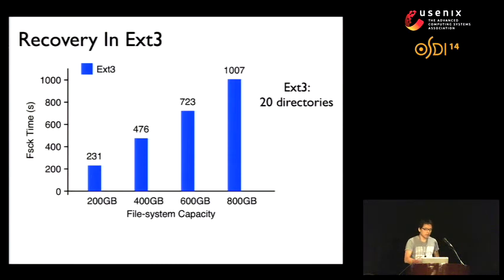The second question we want to ask is, can IceFS have faster recovery? So here, let's first look at the recovery performance in ext3. In this graph, the x-axis shows the different file system sizes. The y-axis shows the file system checking time for ext3. First, we can see that the file system checking time of ext3 grows linearly with the size of the file system. So basically, this style of file system checker is not scalable with the increase of disk capacity and file system size. Even if you have a small piece of metadata corruption on the disk, the whole file system has to be forced to scan. So this will take a long time.